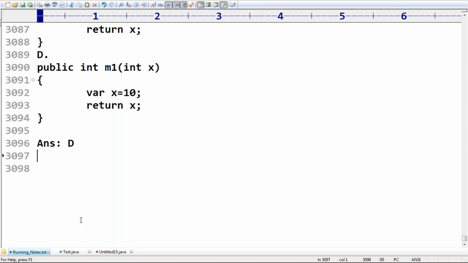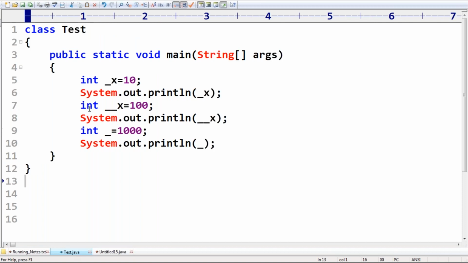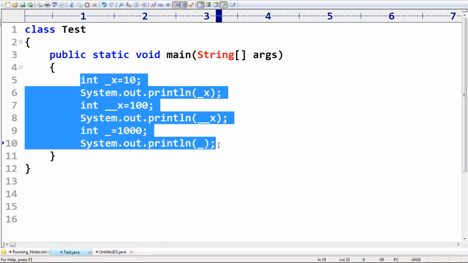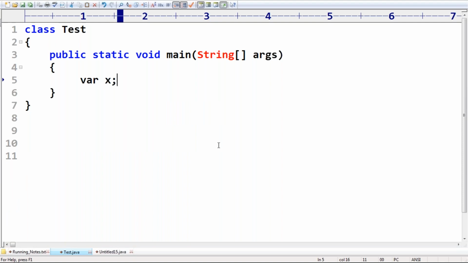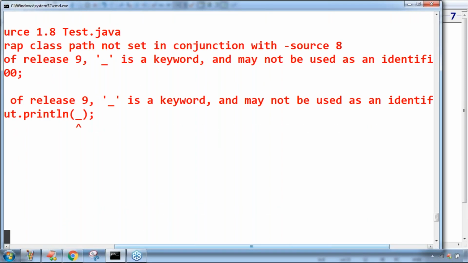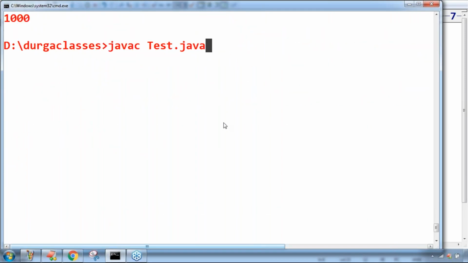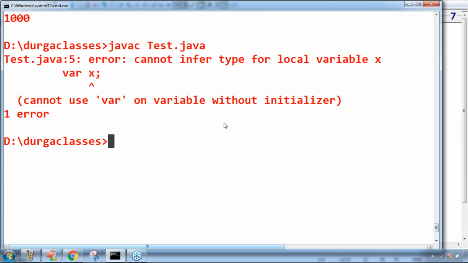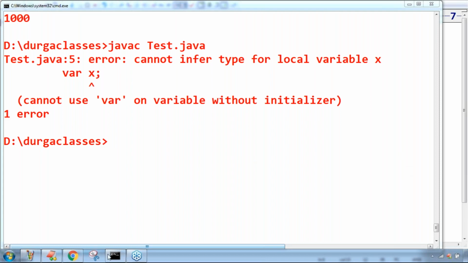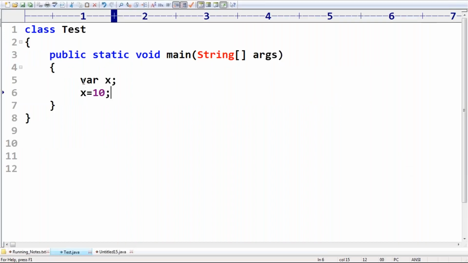So next, one more thing. Here, var x, then x is equal to 10. So I hope this one is invalid. Have you observed, right? The compiler is always going to consider only line 1.